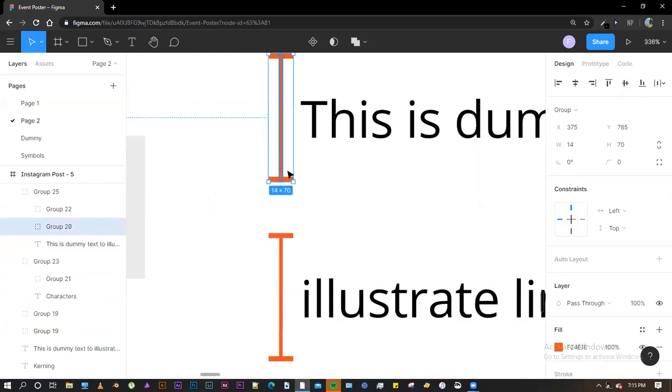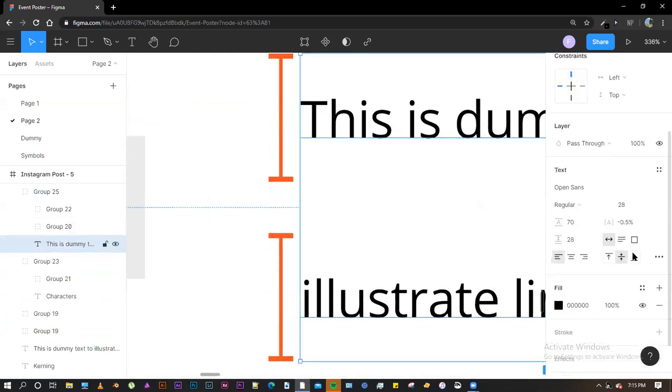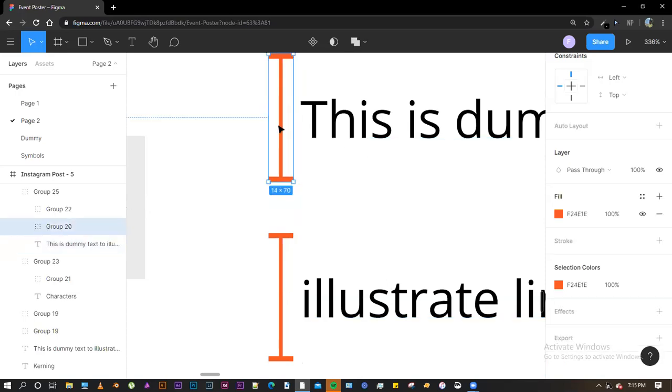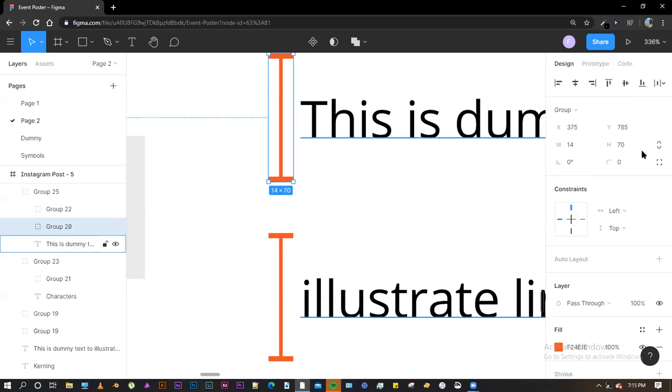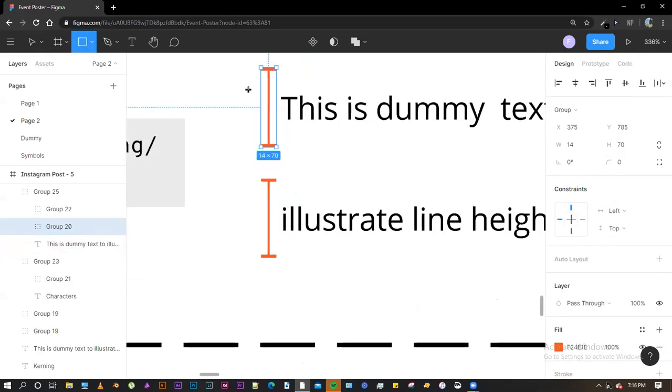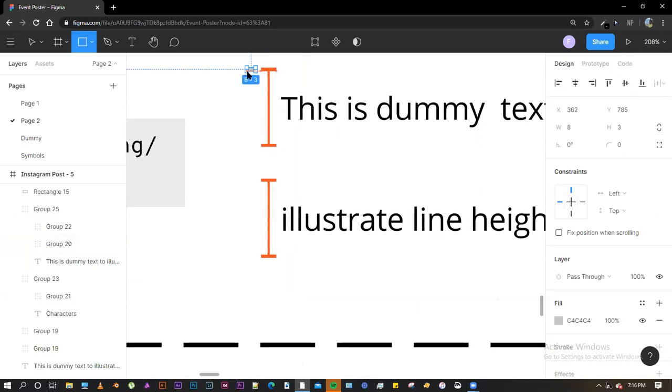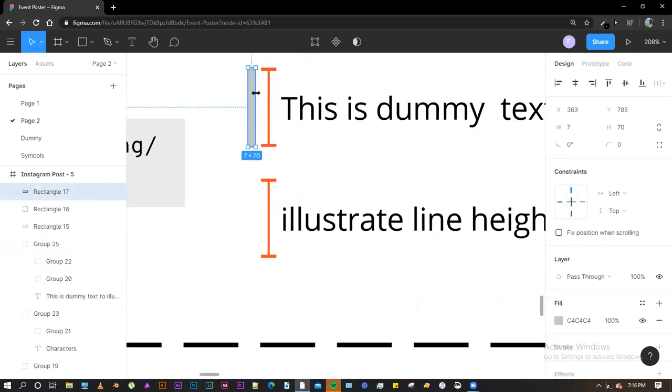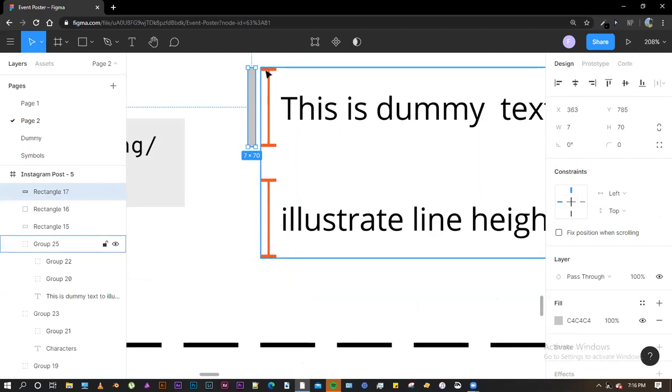If you see that the font size here is 28 and the line height is 70, as you can see with the height of this bar that I've created. Let me verify that for you. If I create a rectangle here, the size of this rectangle would be 70, which is the line height.